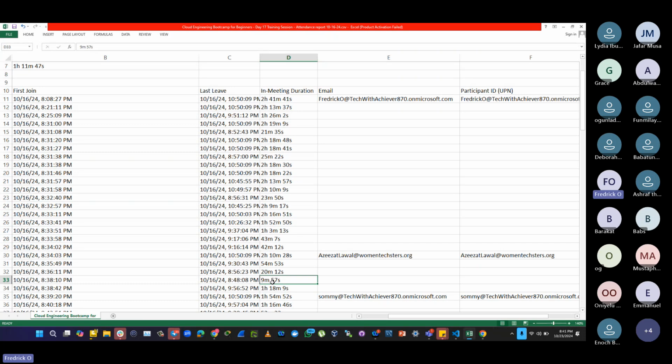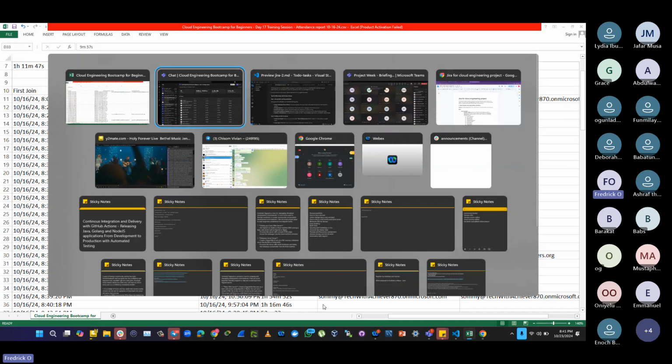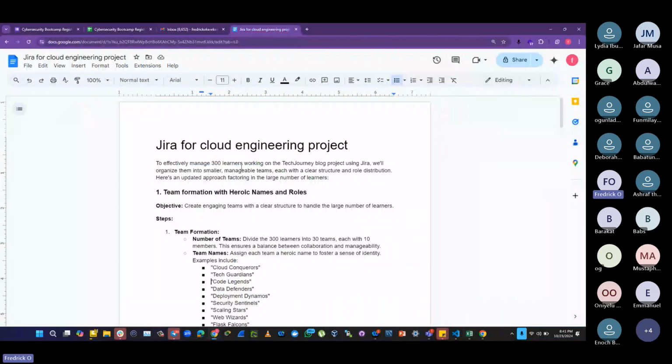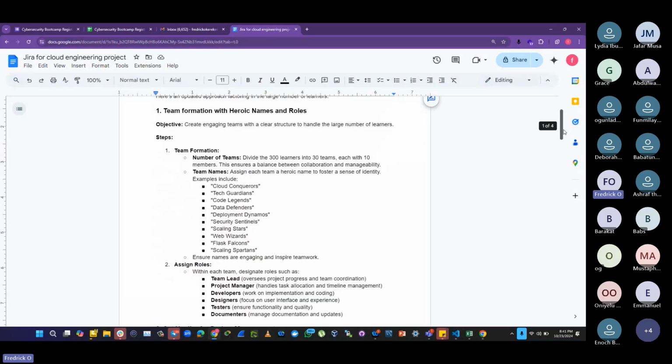But why am I even showing this? When I designed this documentation, I had 300 persons in mind. You understand? I had 300 persons in mind.